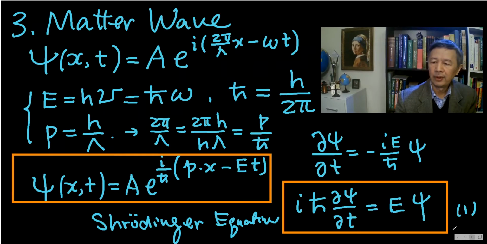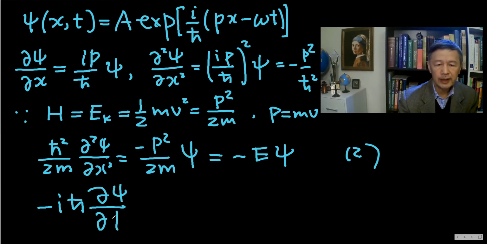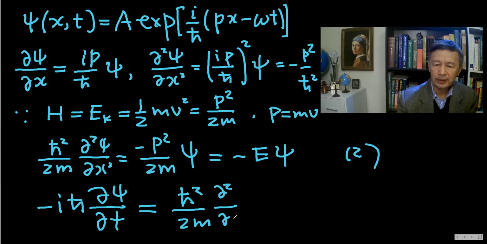Therefore, we will have negative i h bar, partial derivative of the wave function with respect to the time, must be equal to the Hamiltonian. In this case, to be exact, it is h bar square over 2m, and the second partial derivative with respect to x,